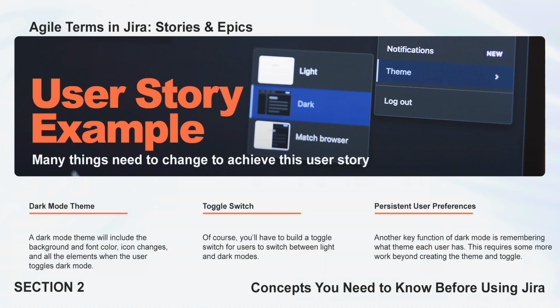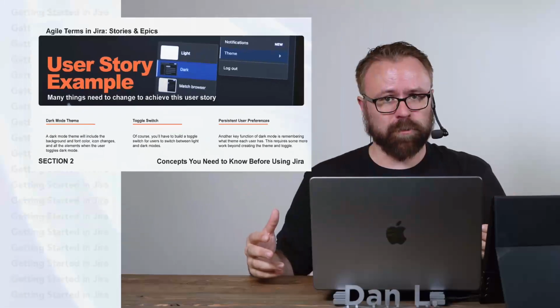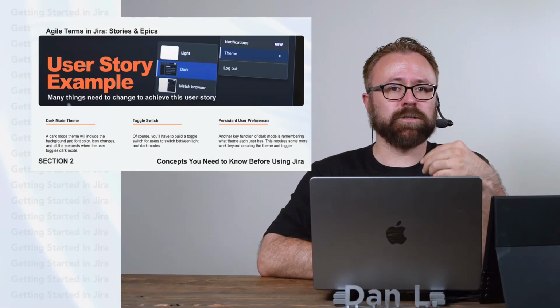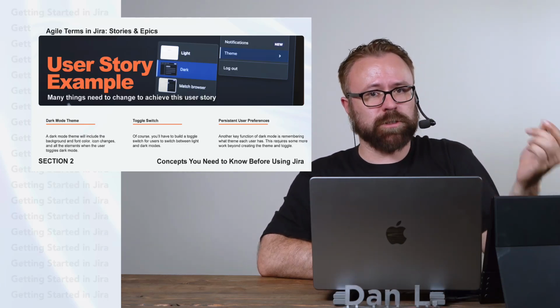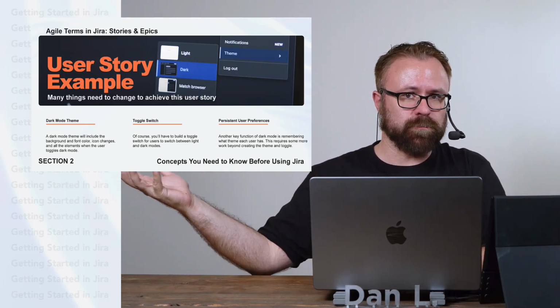Then you have to build the toggle switch itself, and where on your website should that be placed? What will the switch look like? These are all just things that are part of adding a dark mode. Another key thing is remembering what each user's preferences are, because if I'm a user who toggles dark mode and